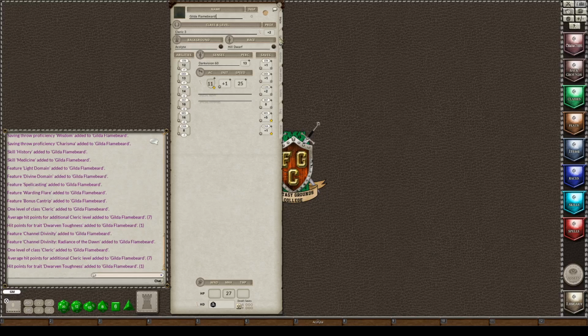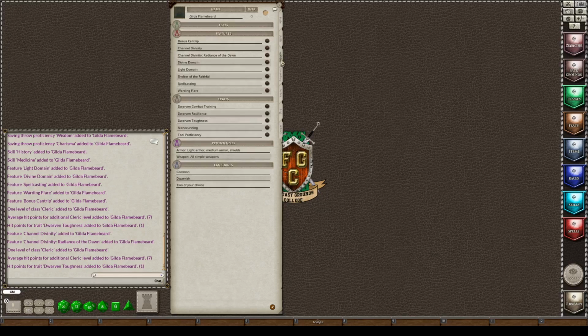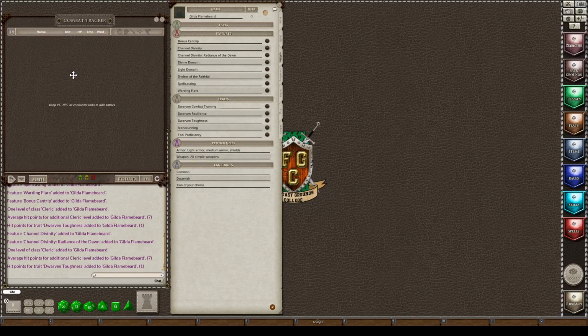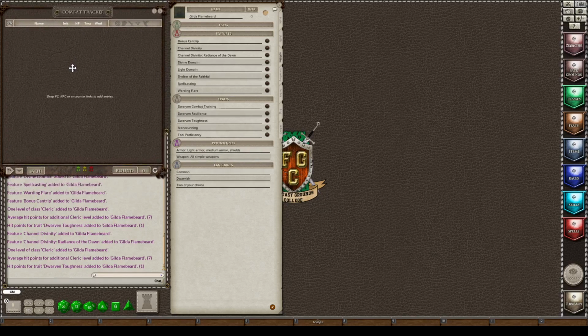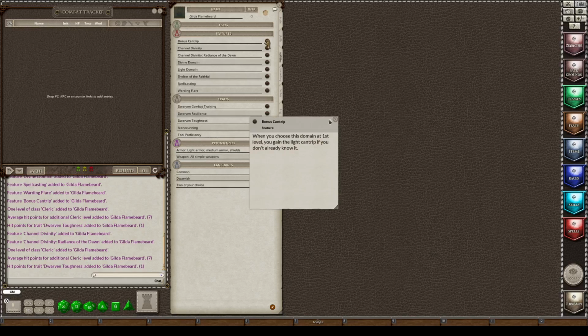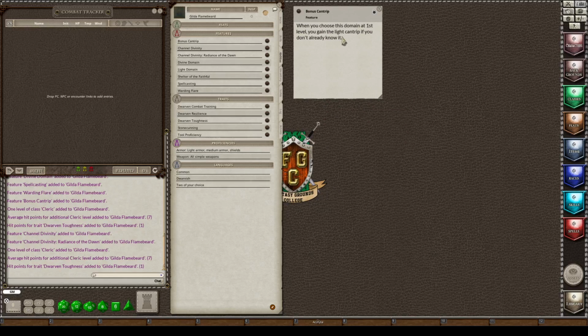So going to the abilities tab, I'm going to open up things that I'm going to need later on when I'm creating this character. When I go on the actions tab, I have a bonus cantrip, which means that I get the light spell.